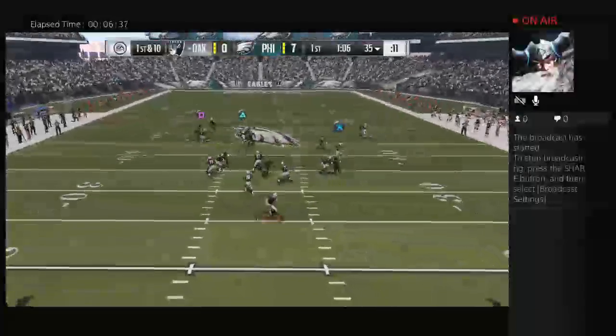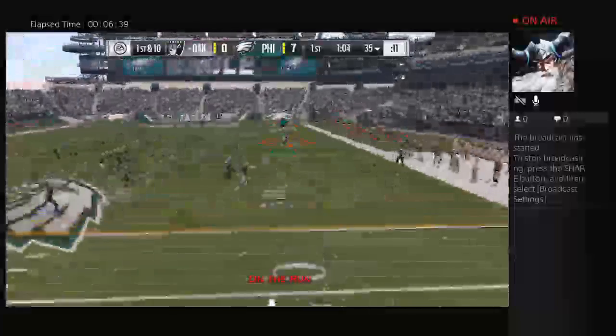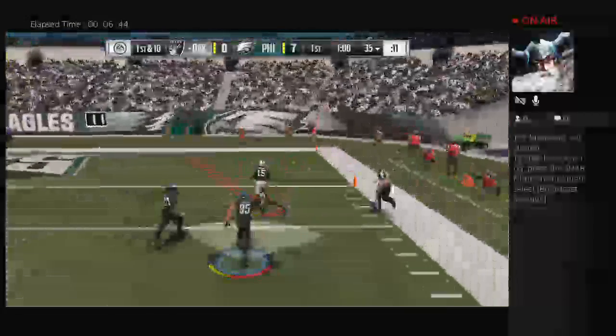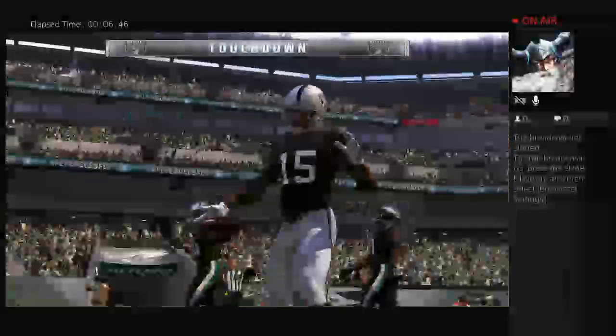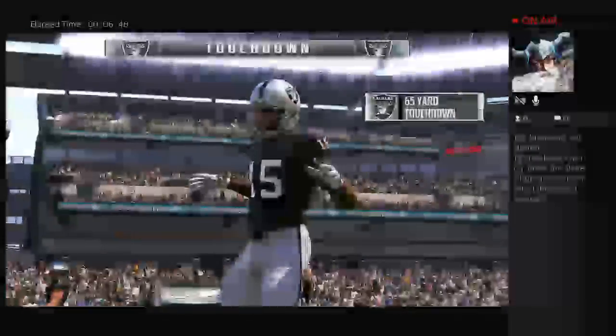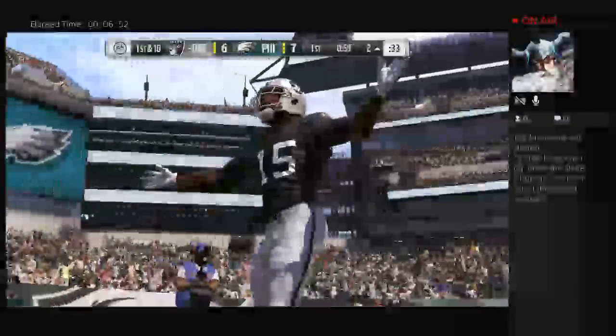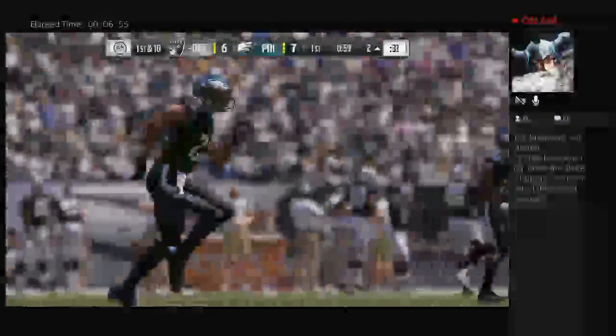Now a play fake here on first down. He'll buy some time, right? And that's caught inside the 30, and all the way in. Touchdown, Oakland. Michael Crabtree, 64 yards. And the Raiders, they're within a